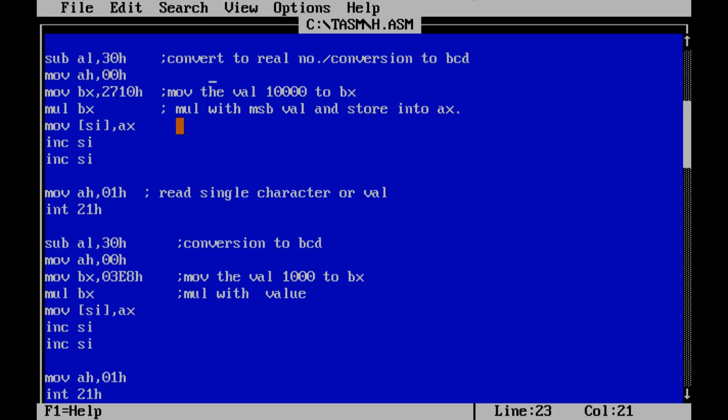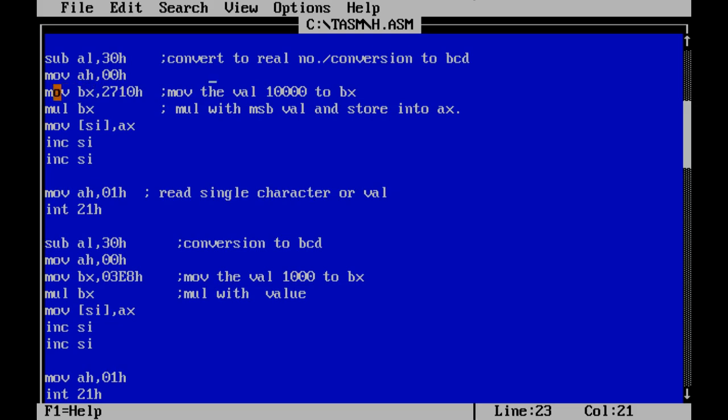Here we use the AX, BX, CX, DX, because 80386 is a 32-bit processor, so all register sizes are 32 bits. So when we define the 32-bit register, at that time we use EAX instead of AH or AL. But here we can store the upper data, we can store the lower data, that's why we use AH and AL here.